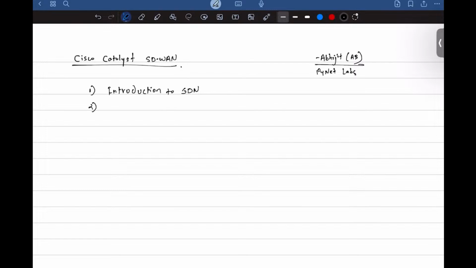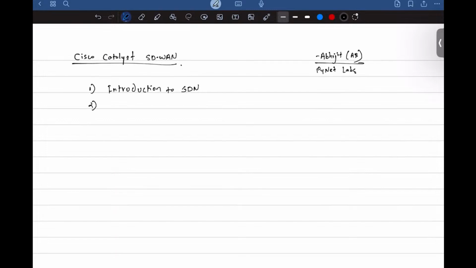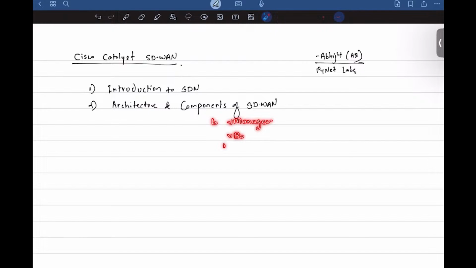So the second section would be the architecture and components of the SD-WAN solution. This is where we learn about how the SD-WAN architecture is designed, and we also learn about what all are the components that are part of the SD-WAN solution. Earlier, we had vManager, then we had vBond, then we had vSmart, right?